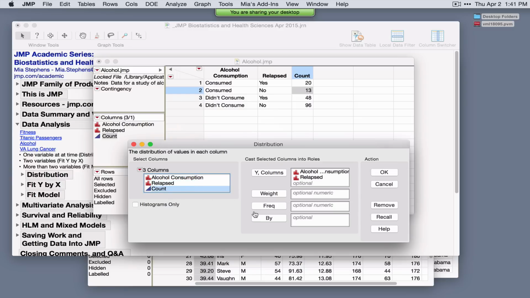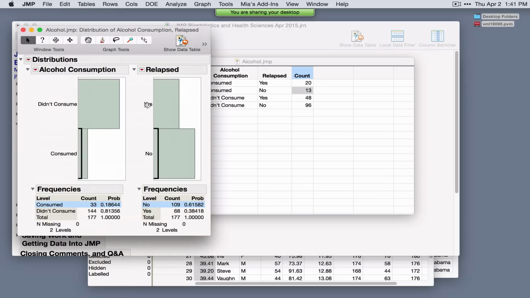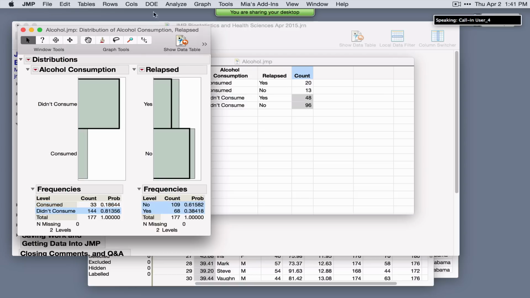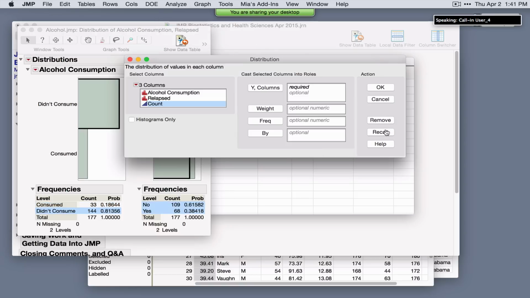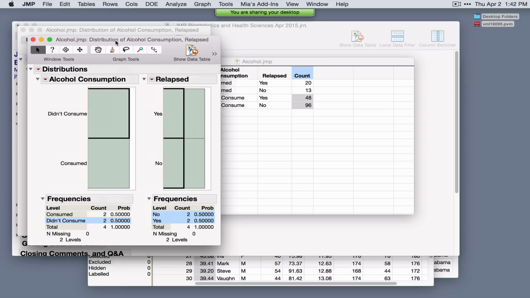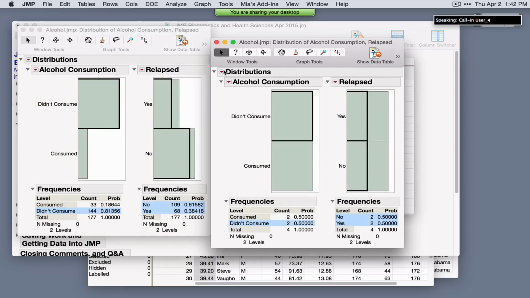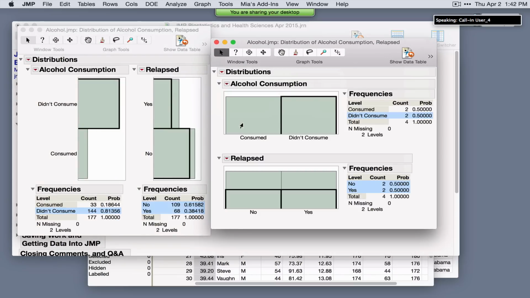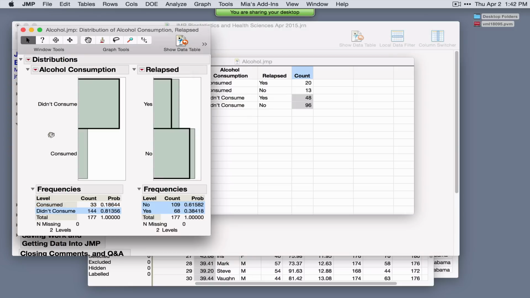We need to put count in the frequency field. And this indicates to JMP that this is summarized or tabulated data, and JMP will perform the analysis correctly. If we don't do that, I'll hit recall to bring this up again. Notice that JMP thinks that we have a total of 4 values. So we have to specify the count or frequency in that field in order for JMP to recognize that this